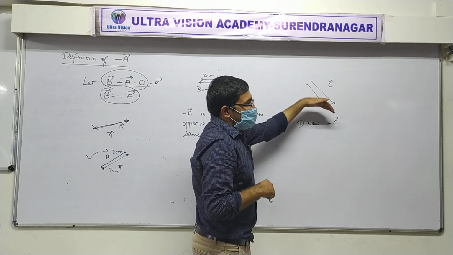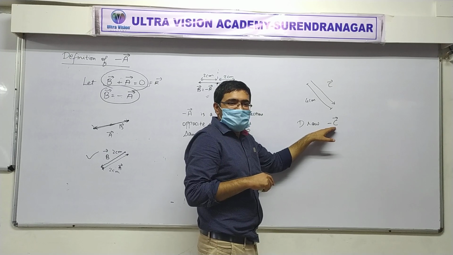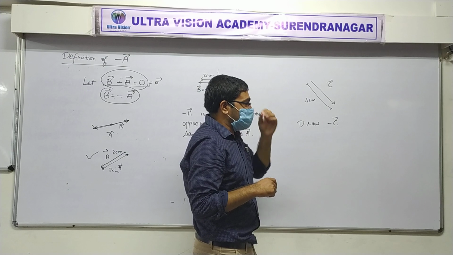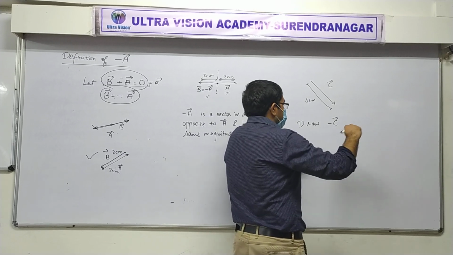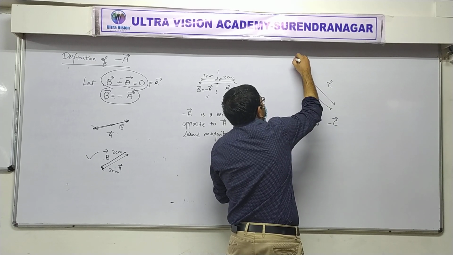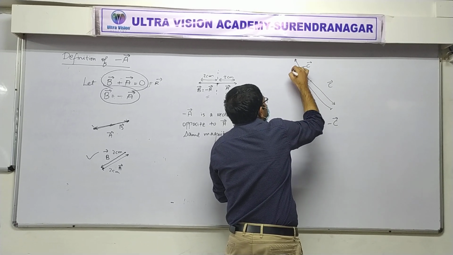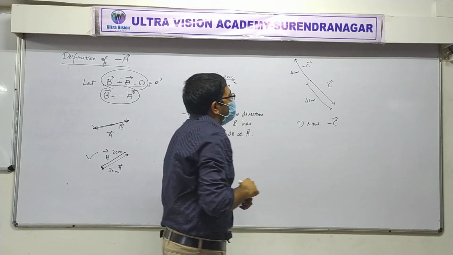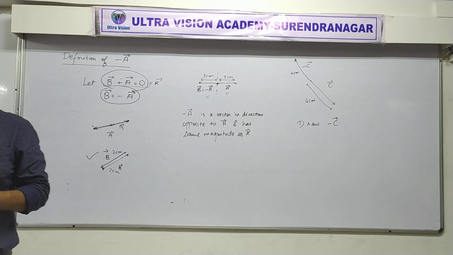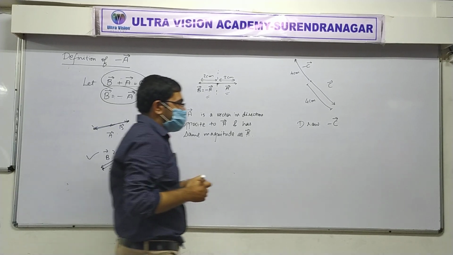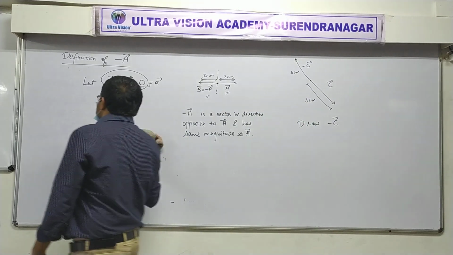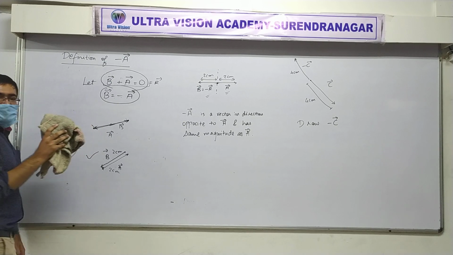So if this is C vector, where would you draw this minus C vector? Opposite to it. And how much will be its magnitude? Same. That is 4 centimeters. So if you are drawing it from here, you can draw it from here like this. So this is the minus C vector whose magnitude is once again 4 centimeters. Did you get that? Okay or not okay? Shall I erase it? Sure? Yes.